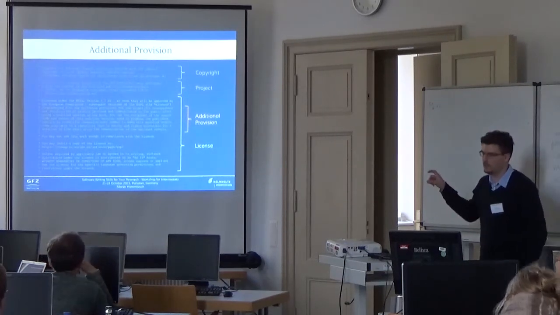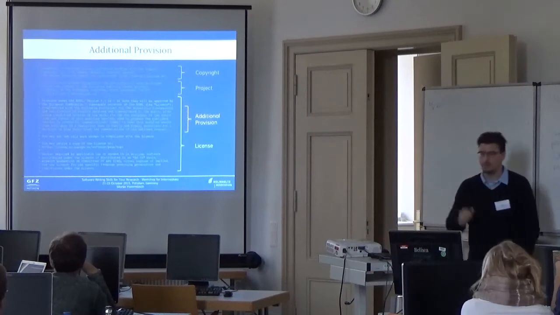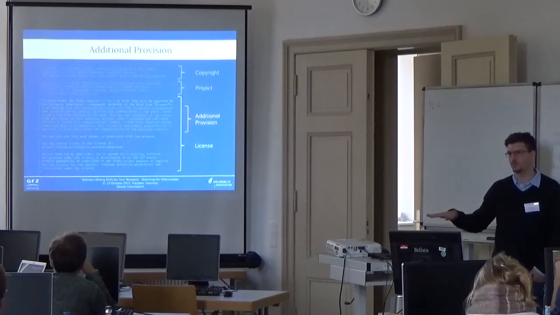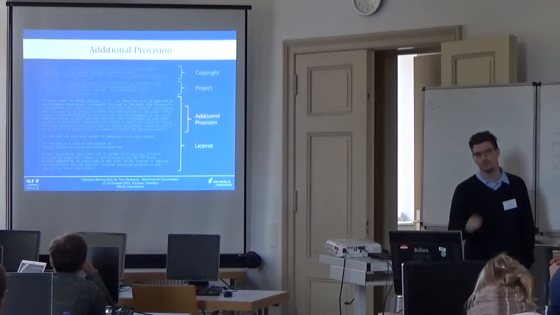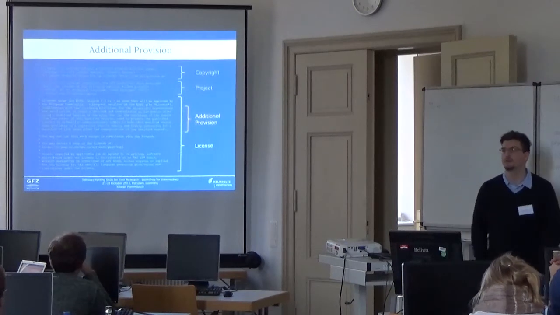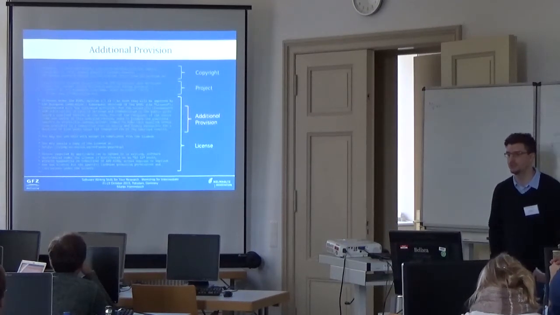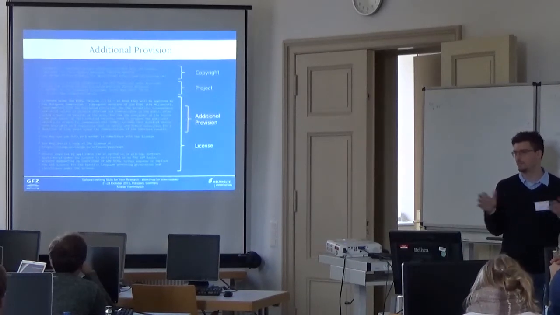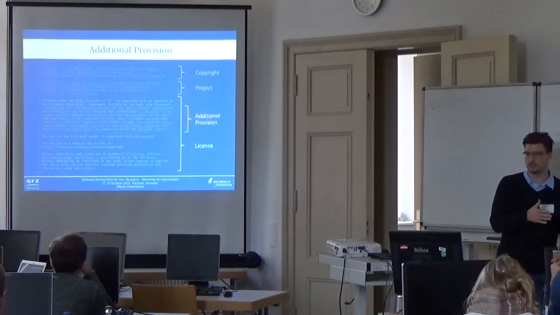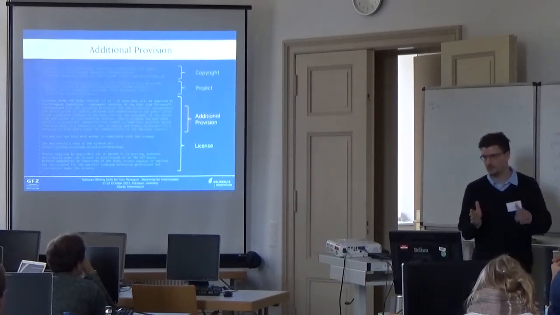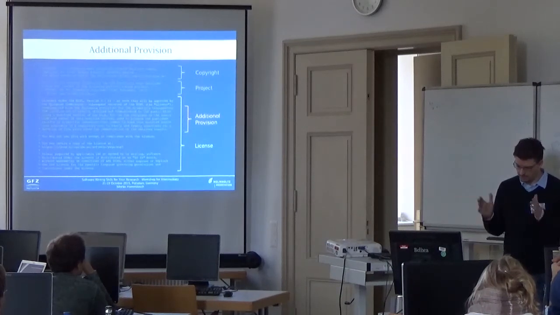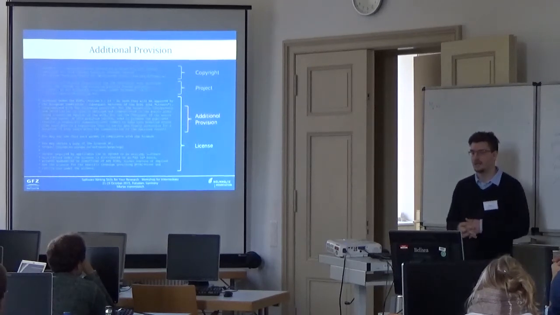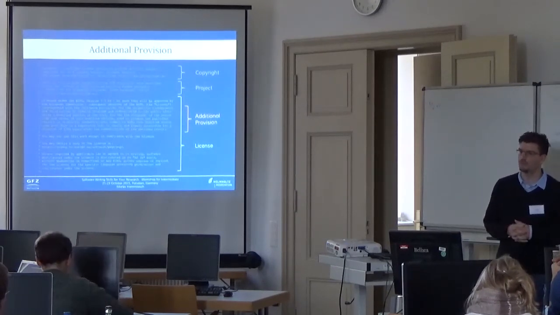And basically this is an additional provision which says, if you take my code and you make changes to the code and you write a paper about it, but you don't publish your software, you have to publish your software, because we want to reproduce your paper. This is the main sentence of this additional provision, and it extends the license to a specific use case that you feel possibly is not covered by the license alone. So with these additional provisions, you have a way to make modifications and extend things in a way that others have to do a bit more than normally with a license.